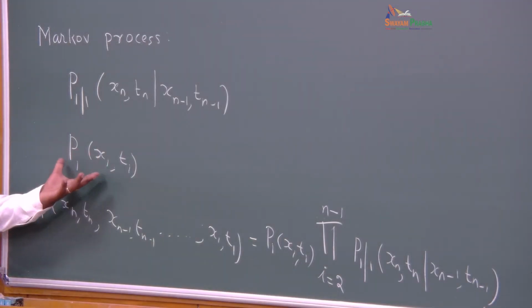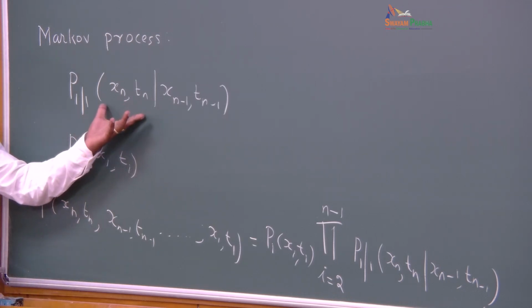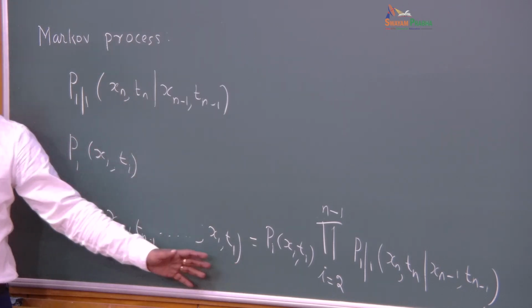So with the knowledge of the single point distribution and the transition probability, we can construct this n-point joint distribution